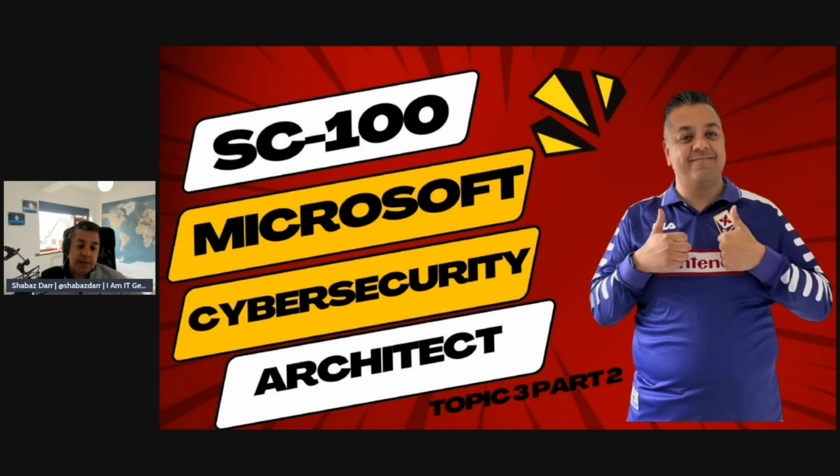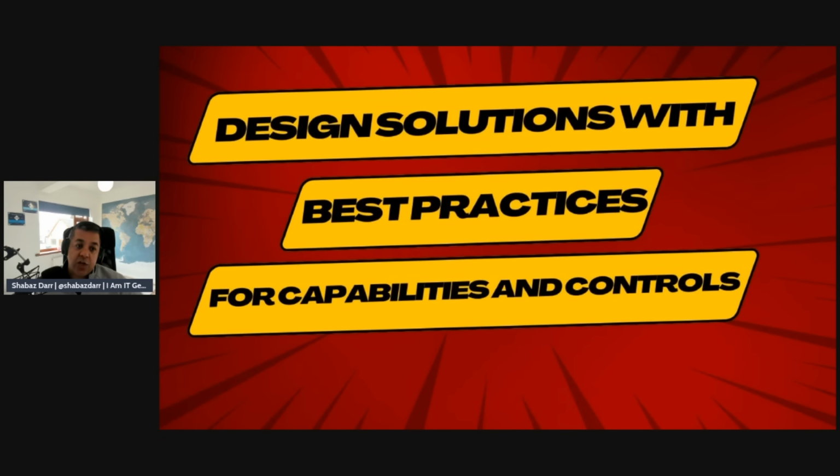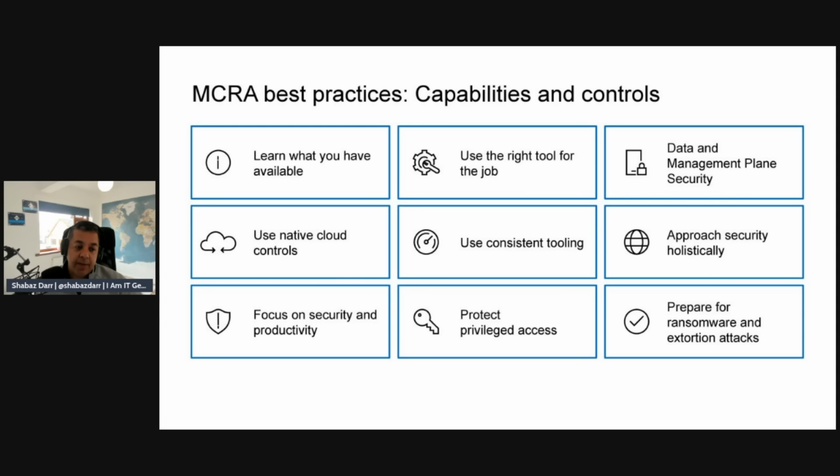So this is topic 3, part 2 on the SC-100 Microsoft Cybersecurity Architect Exam. A breakdown of today's episode: this is the design solutions that align with MCRA and MCSB topic. I'm going to cover one aspect with this episode today, and that's design solutions with best practices for capabilities and controls. So let's talk about design solutions with best practices for capabilities and controls, specifically MCRA best